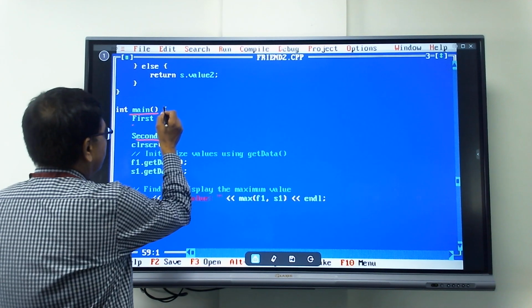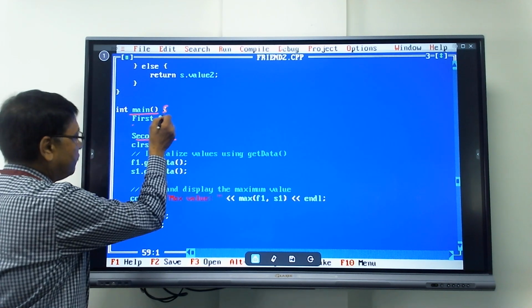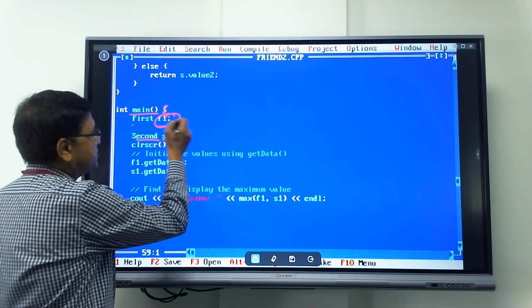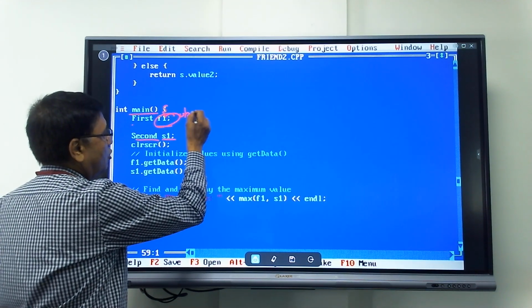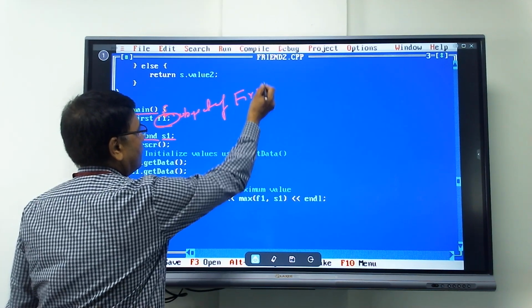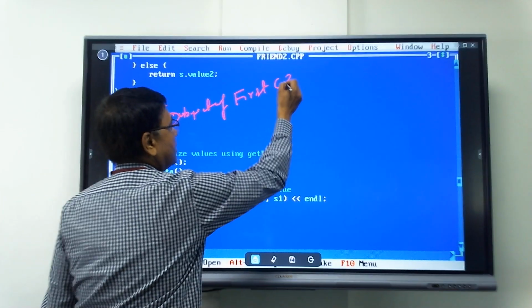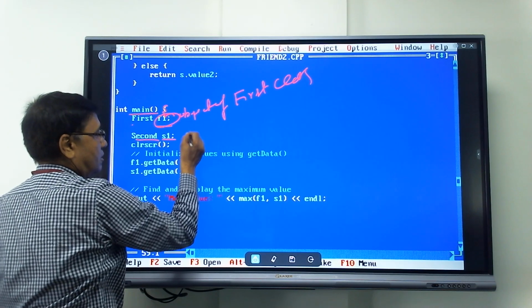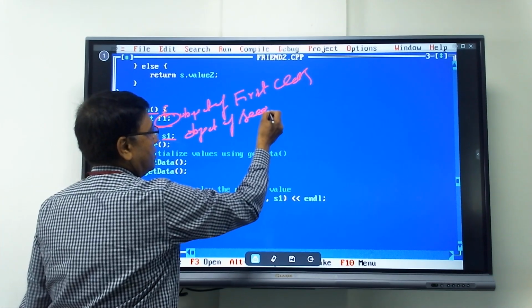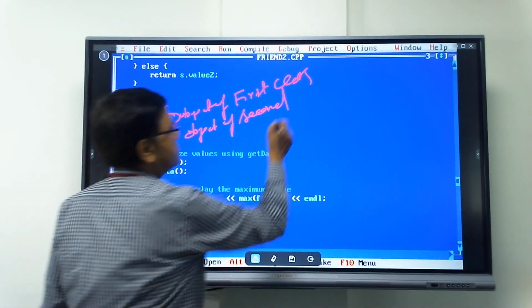Fine. And this is the main function. Main function is starting from here and you have closing here. So we have created the object of first class, object of second class,